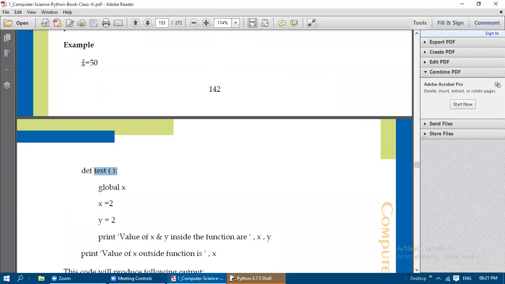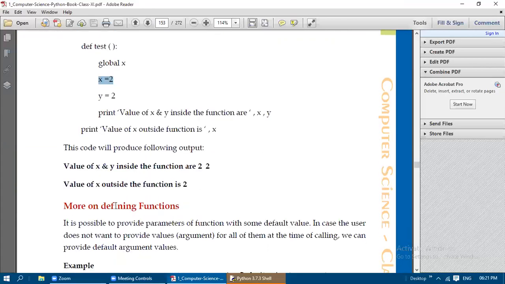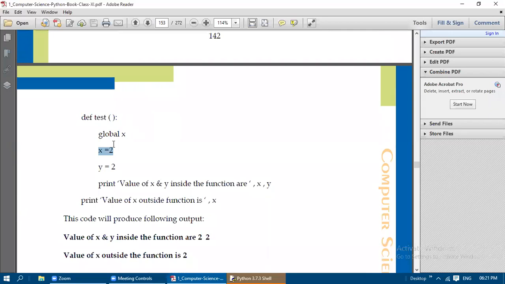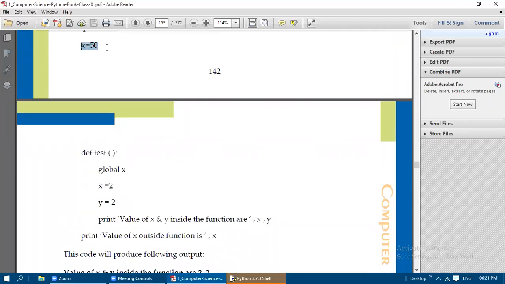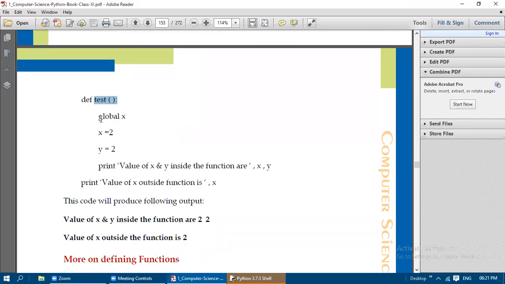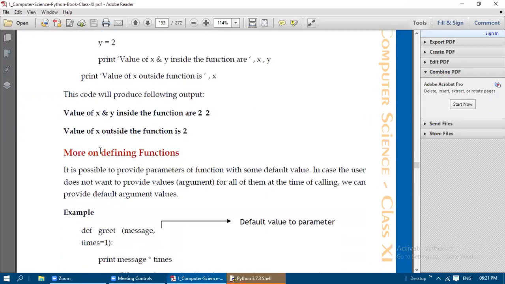Whatever value we have assigned for x inside this test: here we had assigned 50. Now it is recreated as 2 because of this prefix keyword, global, before x. So x will now point to 2 only, and outside the function also the x value will be 2 only. So this is the use of the global keyword, because we rebuilt x is equal to 50 by using global inside this function test. These four statements now belong to this function body test only.